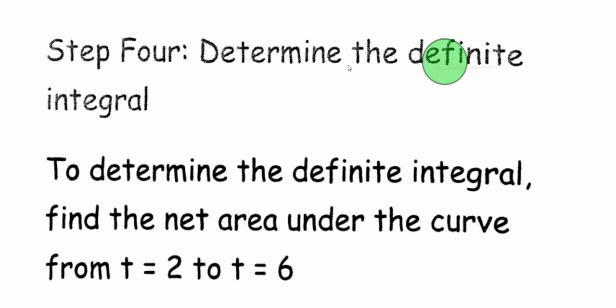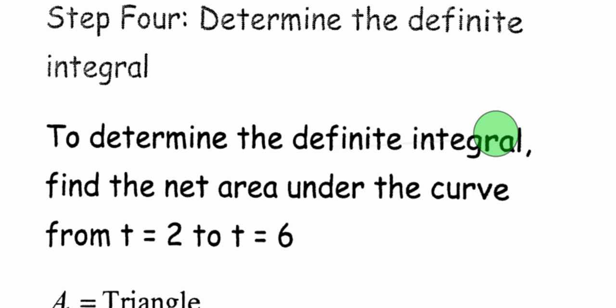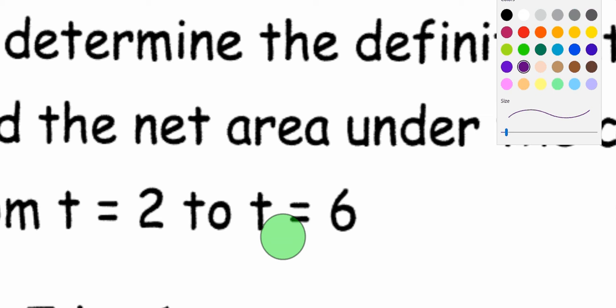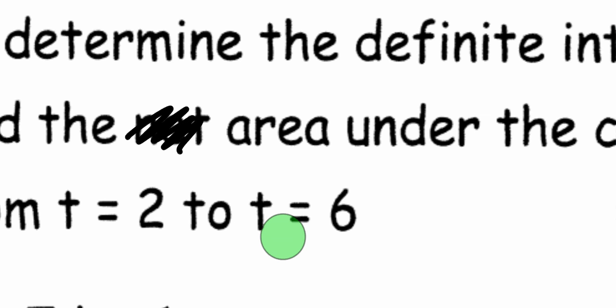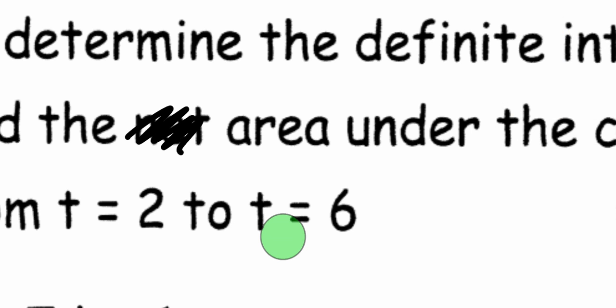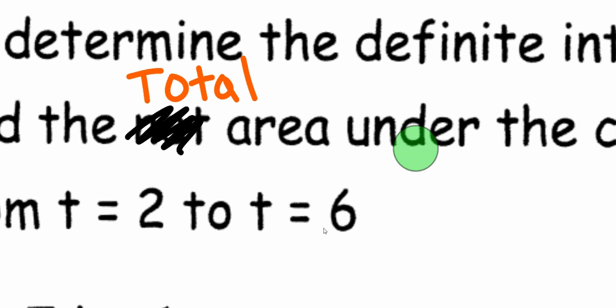All right, now we're going to determine the definite integral. To determine the definite integral, find the net area under the curve from t equals 2 to t equals 6. Actually, this word is wrong here. Why? Because we're talking about speed, right? So it's not net area that we need to figure out. It should be total area. Basically all the area needs to be positive because it's speed from t equals 2